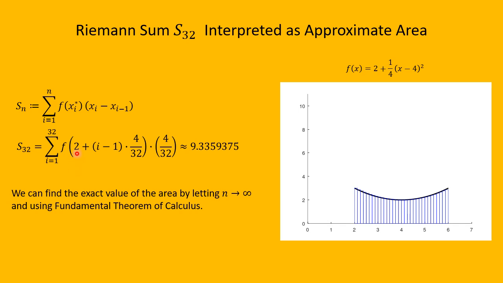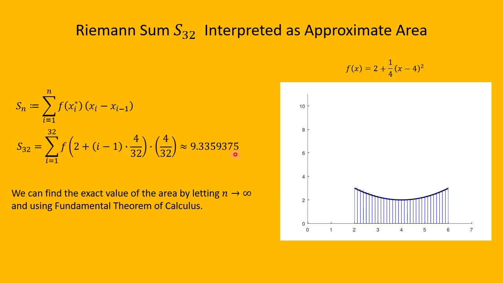And so we'll let x sub i star be 2 plus i minus 1 times 4/32. The length of one of these little subintervals down here on the x-axis, since the length from 2 to 6 is 4, and we're chopping it up into 32 equal length subintervals, each subinterval has length 4 over 32. And when we calculate this sum, either by punching lots of numbers into a calculator or by maybe writing a short MATLAB program, something like that, we can find out that this Riemann sum is approximately